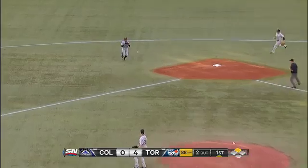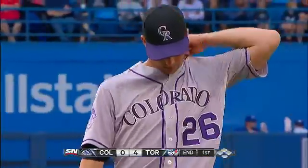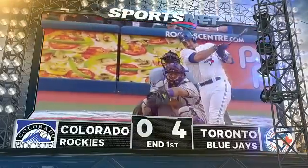Bouncing ball off the glove. Herrera at short throws his Stures out. The inning is over. The Blue Jays sent 8 men to the plate in the 1st against Jeff Francis. Mark DeRosa drives a ball to the